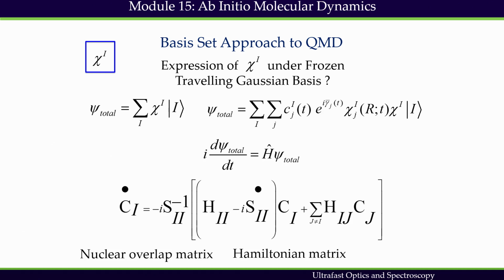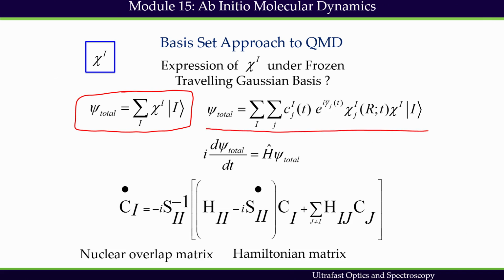We have already pointed out that we have to use the Born expansion of the total wave function, and that is why the multidimensional form of the total wave function would be like this, where this is a trajectory basis function. We do not have this, this is wrong. So, we have this trajectory basis function, the corresponding electronic wave function, the corresponding phase factor, and the corresponding expansion coefficient. If we plug that in